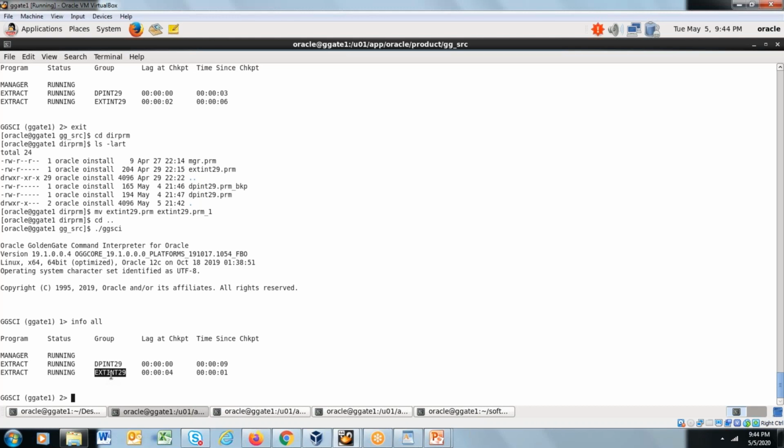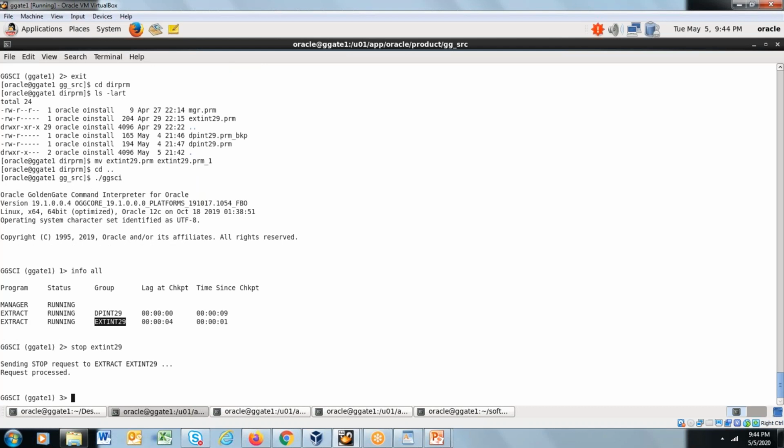So the parameter file is referred to only once, during startup, and the process starts according to the parameters provided in the parameter file.